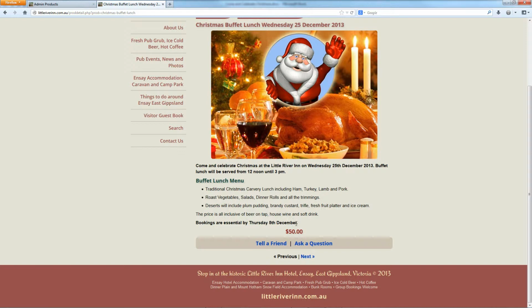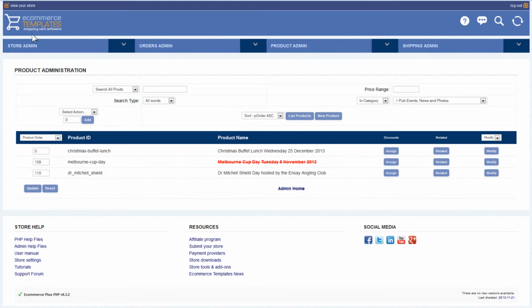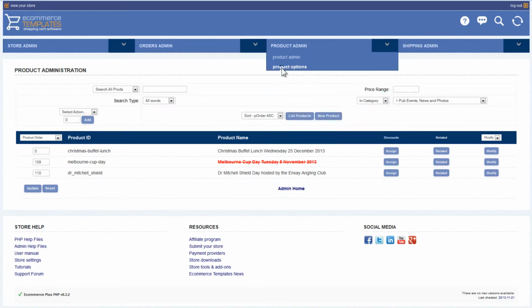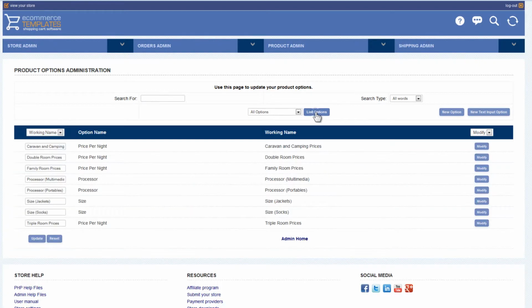Now all we need to do is to specify the price for children. And I'll show you that using the product options feature. So we'll go back to the administration panel, and in the product admin menu you can see we have product options. I'll click on that and then press list options, and we'll see the ones that are in there at the moment,